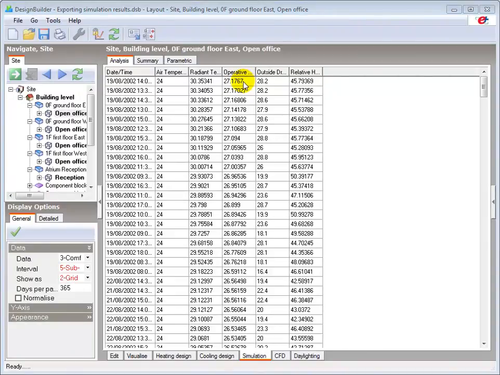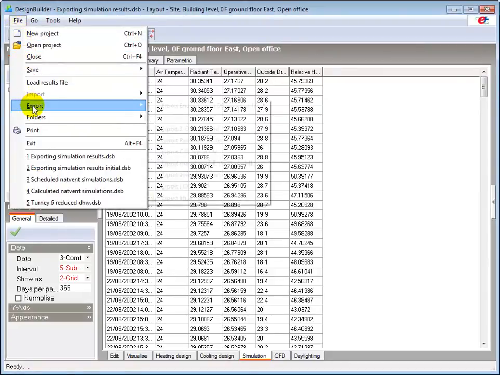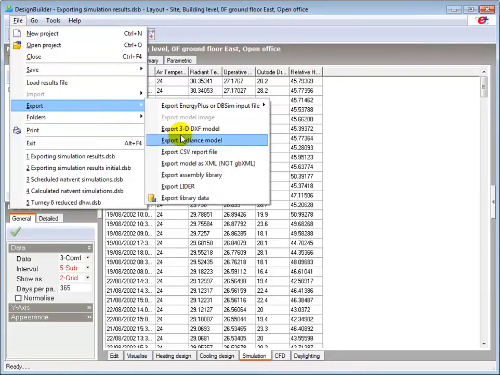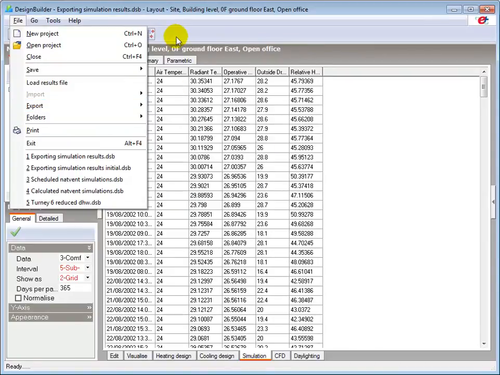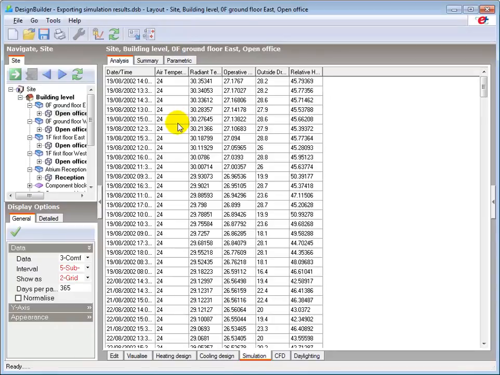However, there are occasions when you may wish to export data for other types of analysis or to present results in a different format in other software packages. Some useful data export options are available from the File menu here. This tutorial will focus on Designbuilder's export data tools,